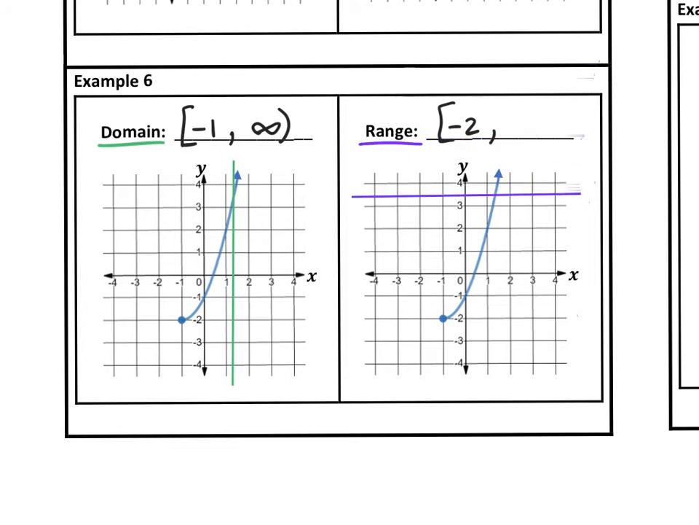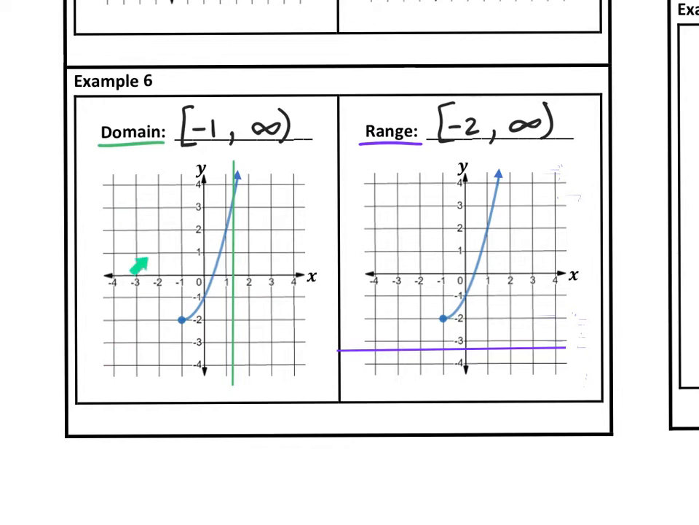Infinity with a parentheses, remember that. So, again, I'm scanning and I start from the bottom and I hit -2 and I keep scanning, and the graph goes towards infinity. So, again, the domain and range is only interested in where the graph exists,